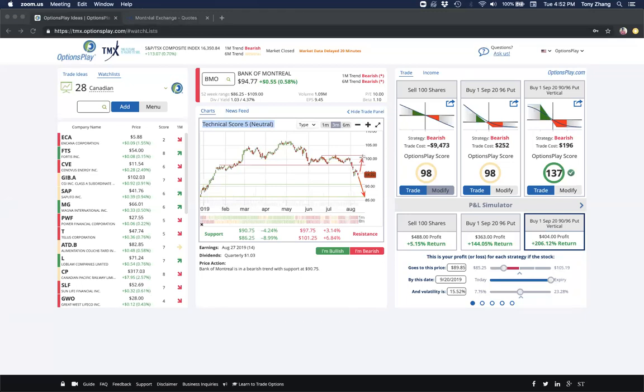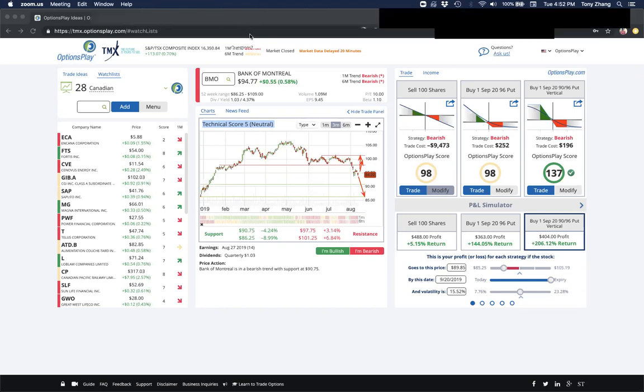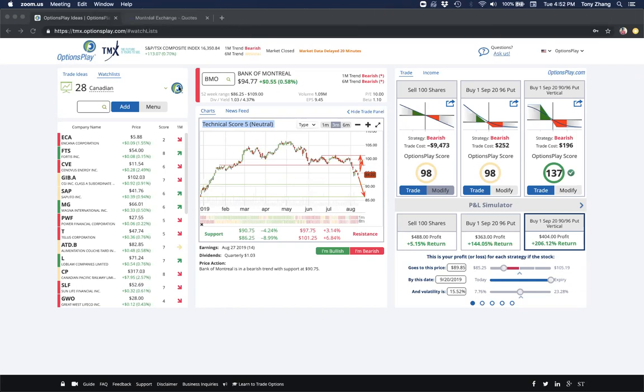Yes, there is the possibility of this stock moving back up to maybe $100 or maybe even 103, the previous resistance level, but the fact that it's broken below this major support level gives us some indication that perhaps there's a little bit more pain left to go. This was a major support level that just got violated a couple of days ago. So if you have more of a bearish view on a stock like BMO,